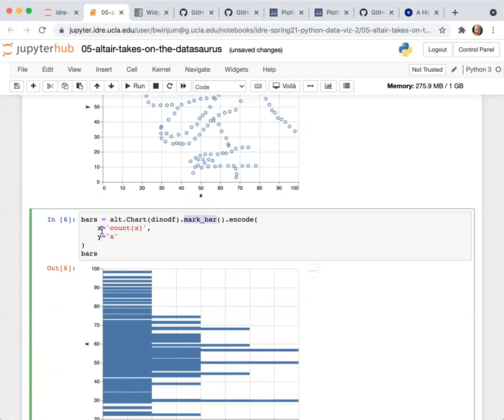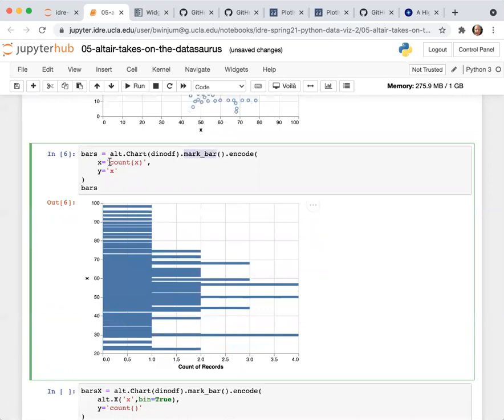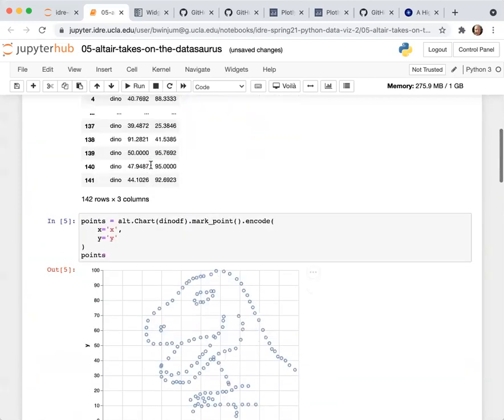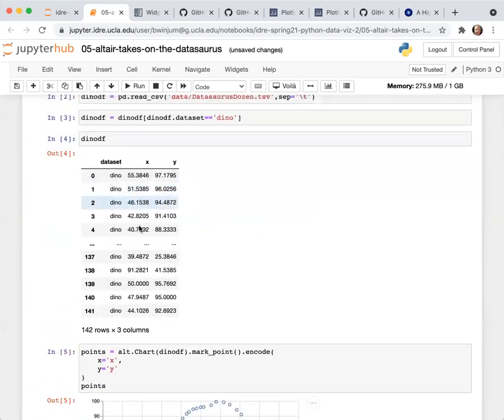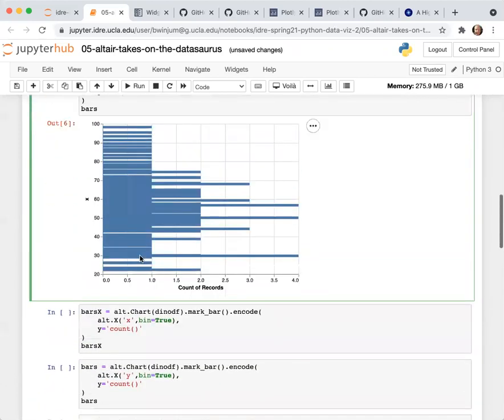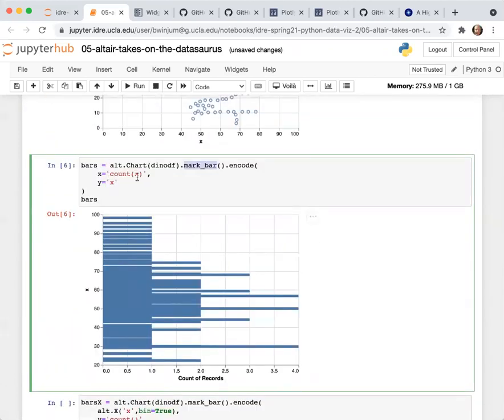And then I tell it for the X, in this case, I want it to be the count of the X values, which this X here refers to the X column of the data set, rather than corresponding with the X here, which is just the horizontal axis. So the horizontal axis corresponds with the count of the X values. The Y value corresponds with the X values inside of the column for the data frame. And then I plot it.